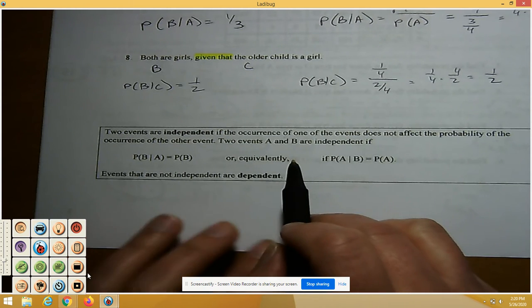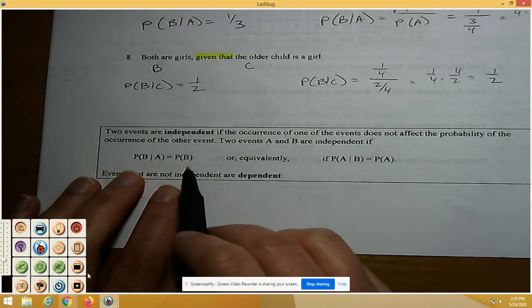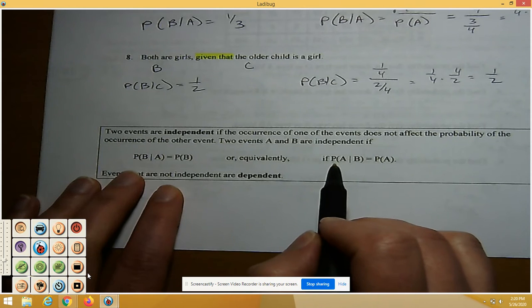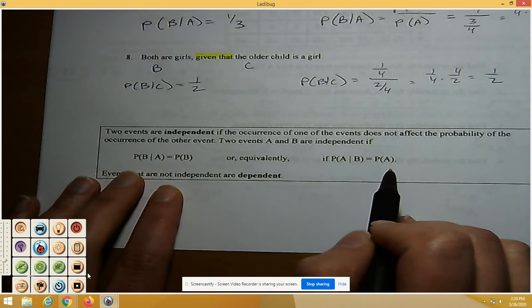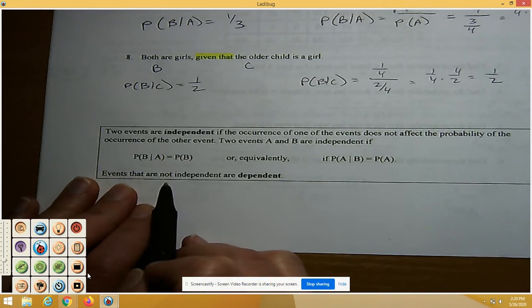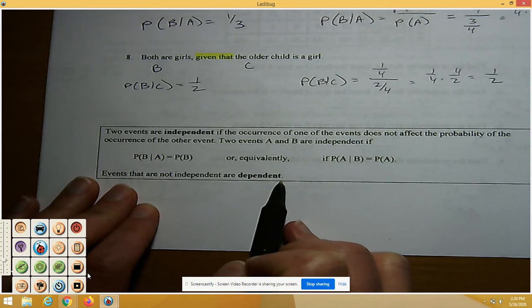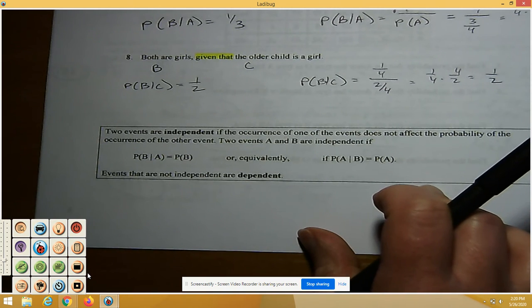They are independent if the probability of B given A equals the probability of B, or if the probability of A given B equals the probability of A. Events that are not independent are dependent. In the real world, just to kind of go off the grid for a minute,